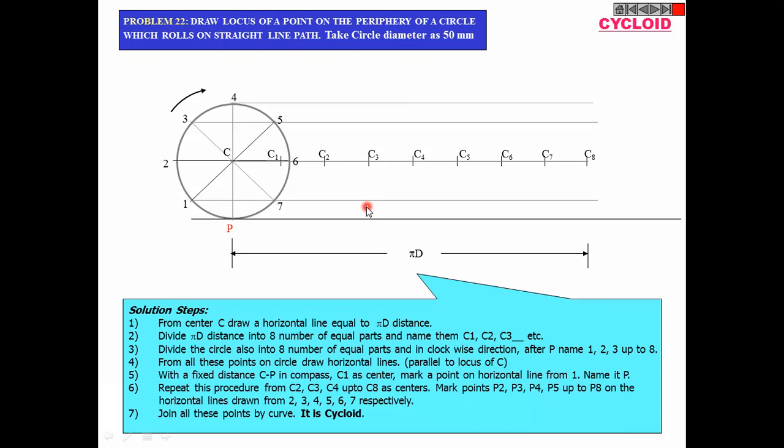Now what we will do? Now you pay attention. We need to draw arcs. Of what length? We will take the distance from the center of the circle to the point, in this case CP. We'll take CP as the radius. I will show you. This much is the radius that we will take. We'll put our compass on these centers. These are marked as centers that we will see here.